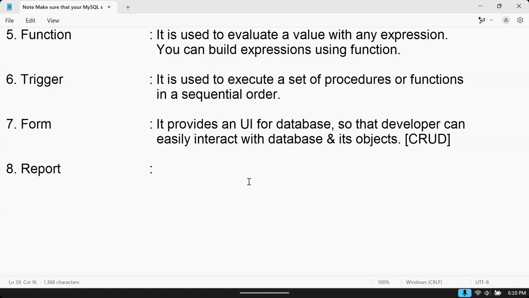So what is a report? A report is a document which is ready to export your data, or ready to print your data into the format of PDF or Excel. PDF, Excel, CSV, different formats will be there. That process is called reporting. So what is a report? It is a process of